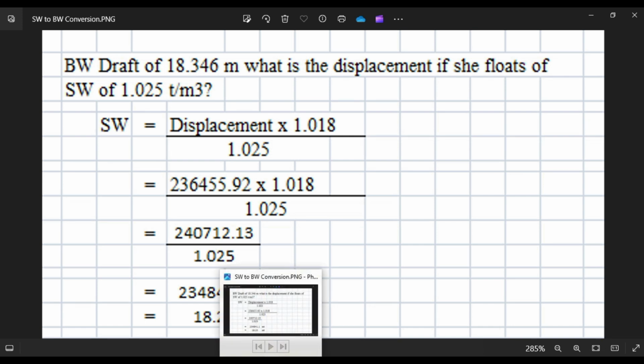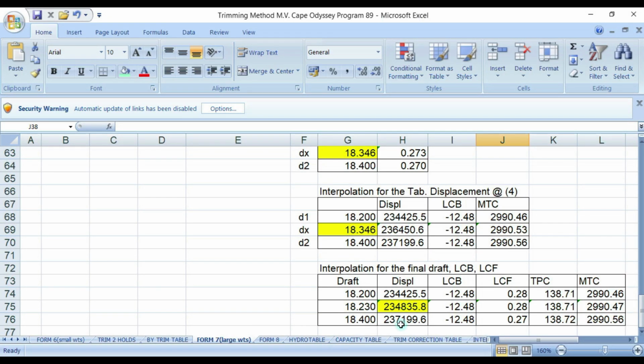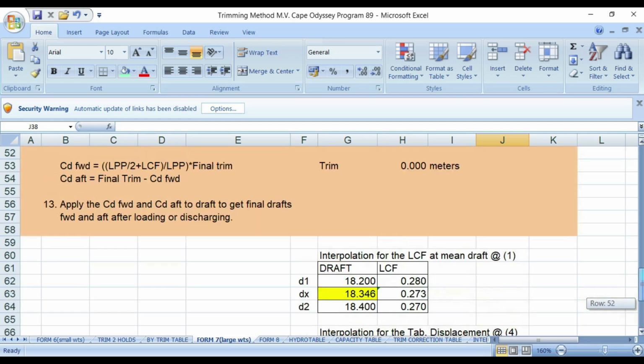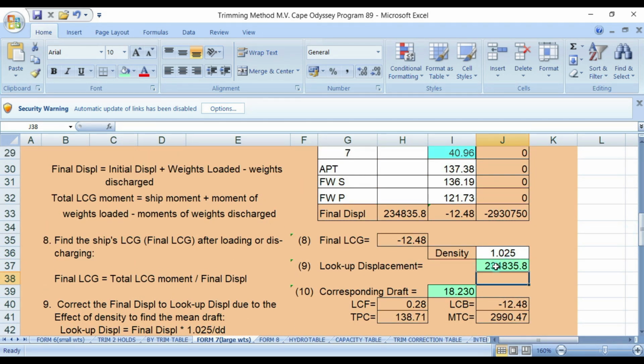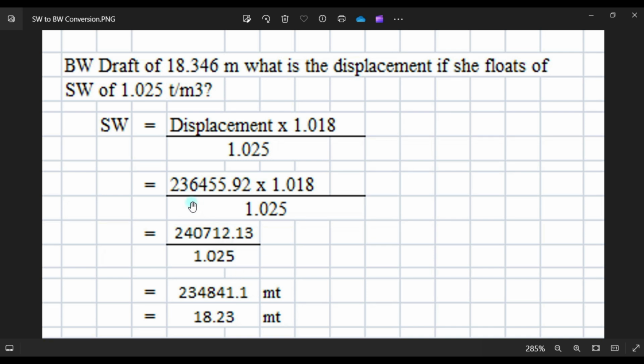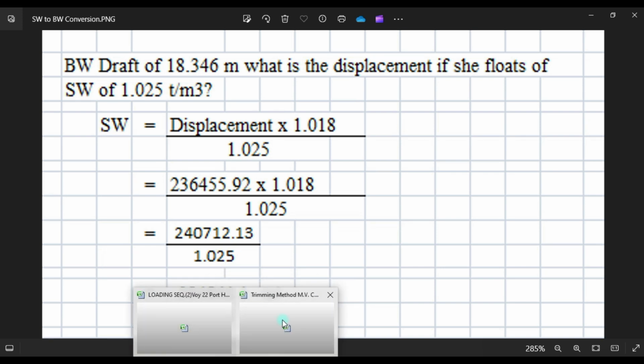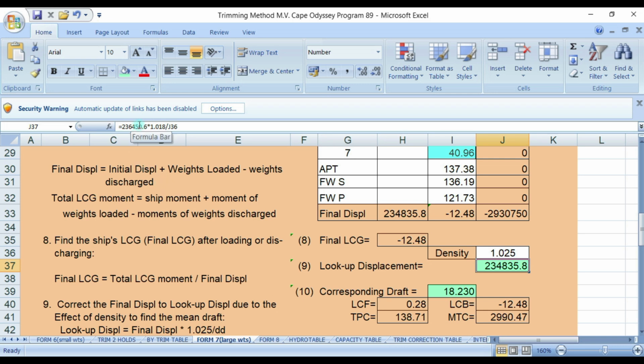Okay, but we can use the exact value, if you like, which is 23645.92. Okay, we use this one.